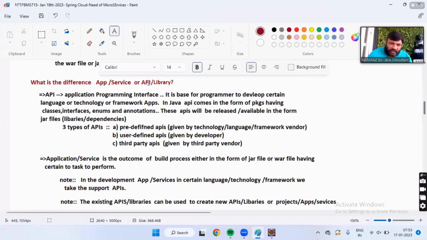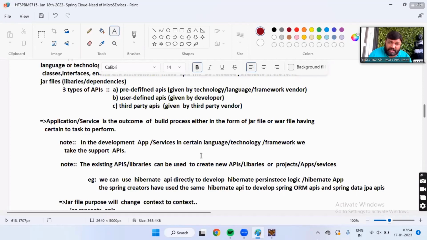Angle one, to represent library. The other one is to represent RESTful web service. Context to context, its meaning will change.